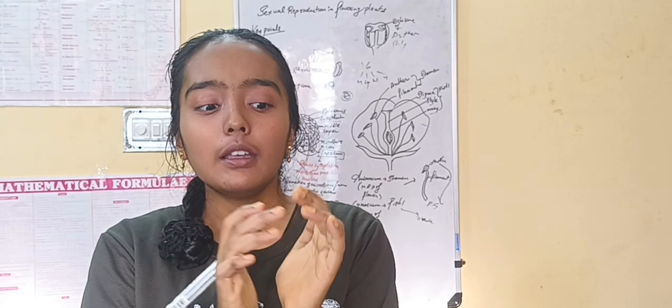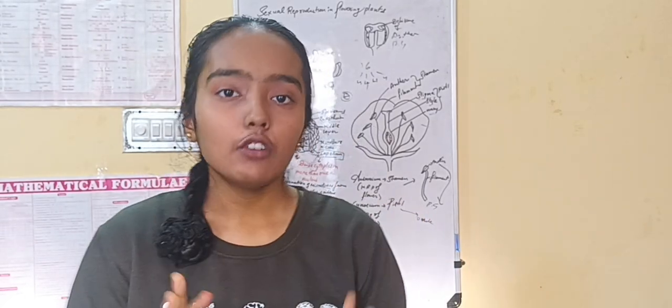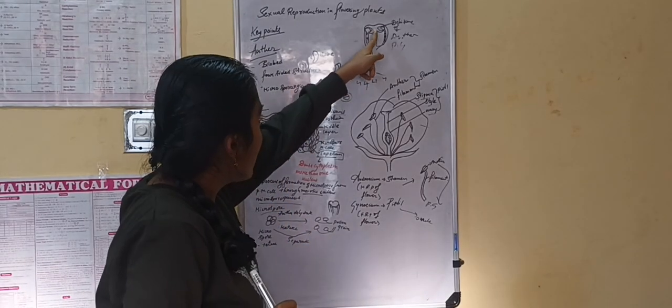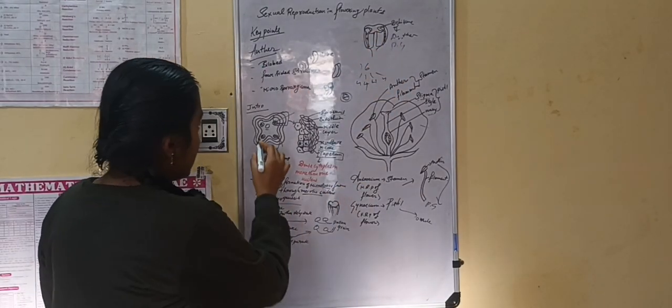When the formation of the pollen grain takes place, after that the dehiscence of the anther occurs from the sides. Here, as you can see, the formation as